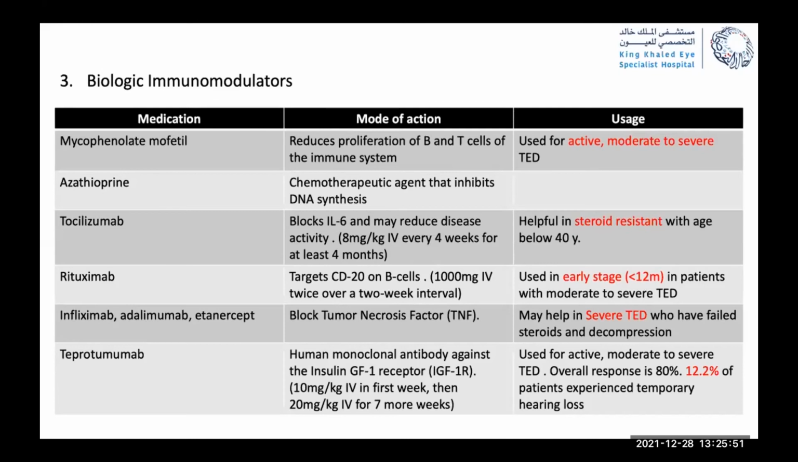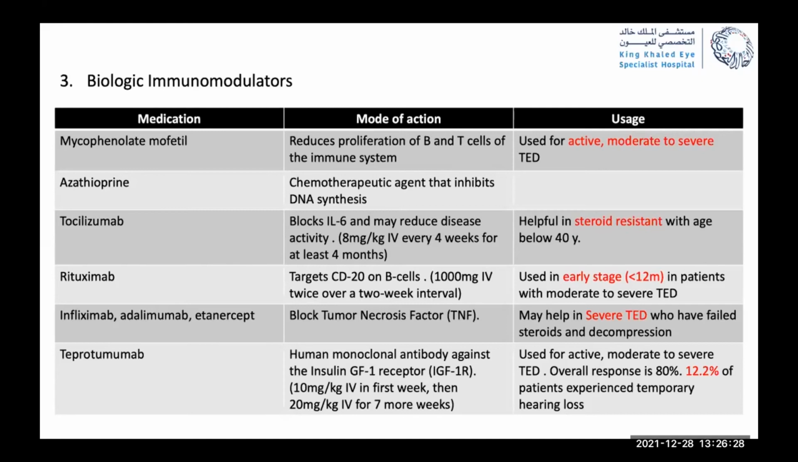Rituximab targets CD20 on B cells and should be used only in the early stage, if the diagnosis is made within 12 months, and is also used for moderate to severe thyroid eye disease. Infliximab, adalimumab, and etanercept all work on blocking tumor necrosis factor and may help in severe thyroid eye disease that fails